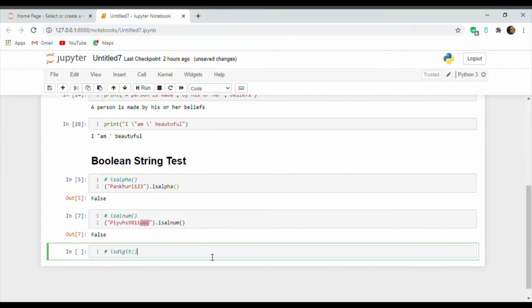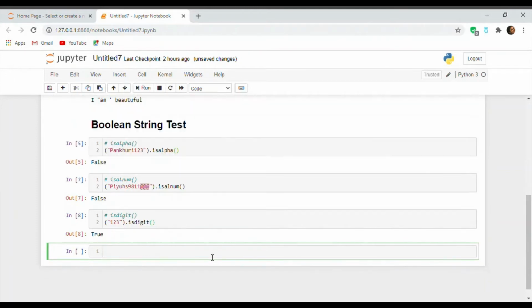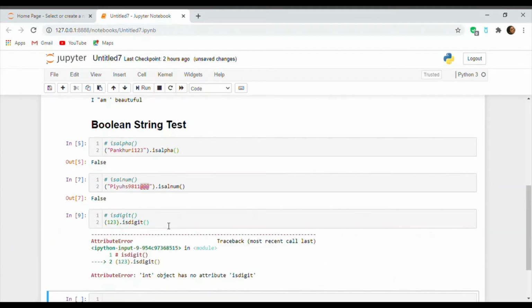Isdigit is used to check if a string contains integers or not. This is displaying an error. Why? Because the Boolean string test works only on strings, not on integers. Okay.